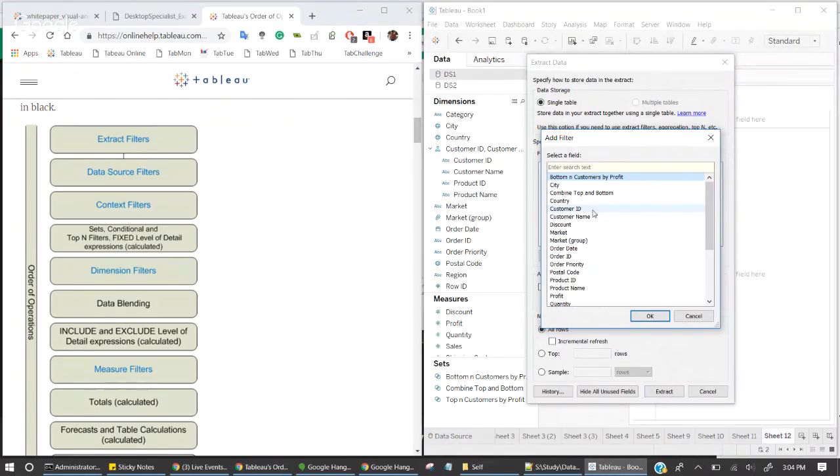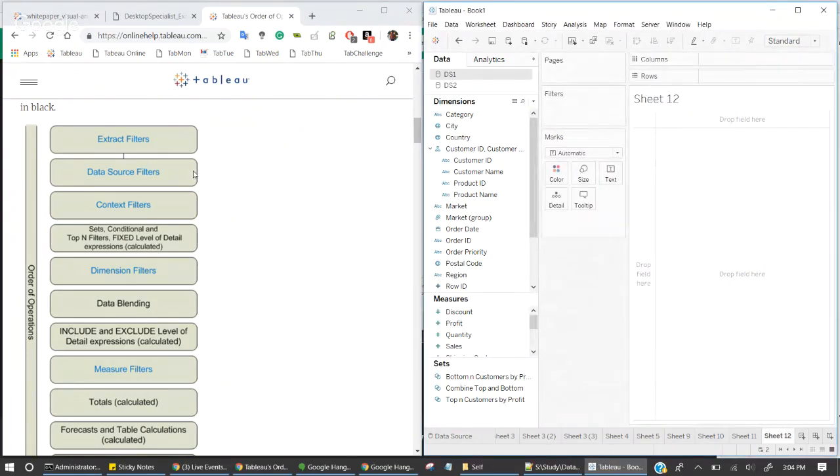Whenever you are scheduling, you have to set the filter here. And then the data source filter we have seen. Next one is the context filter. When we use the context filter,